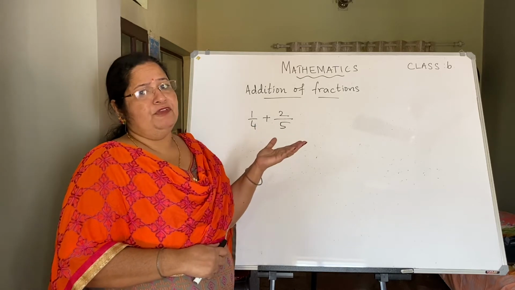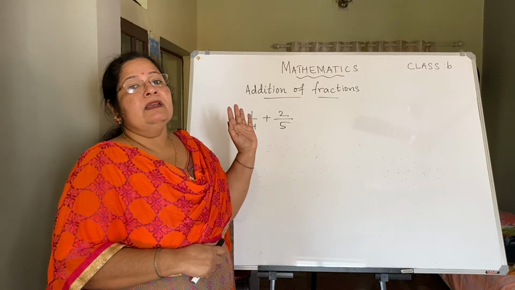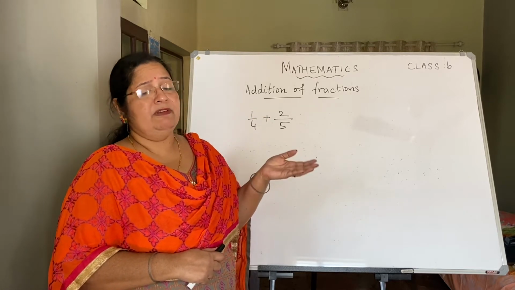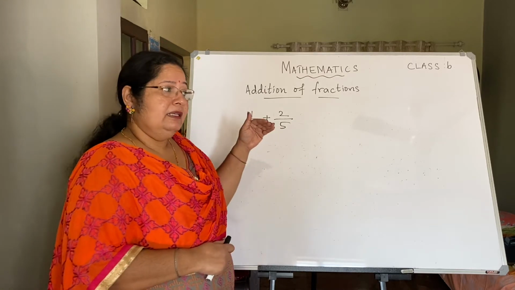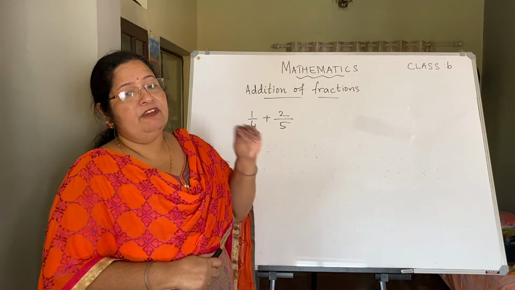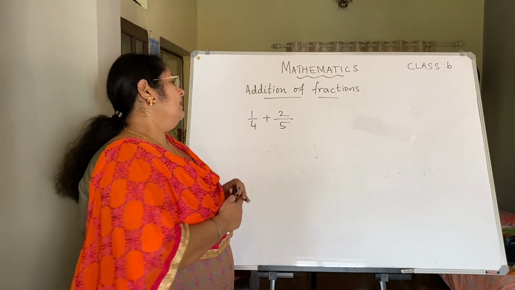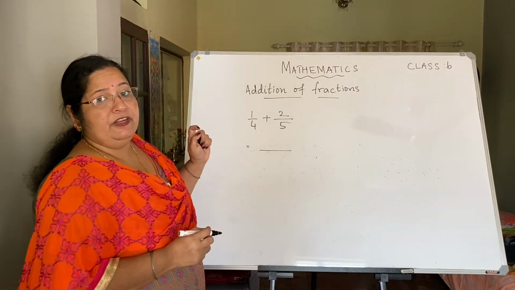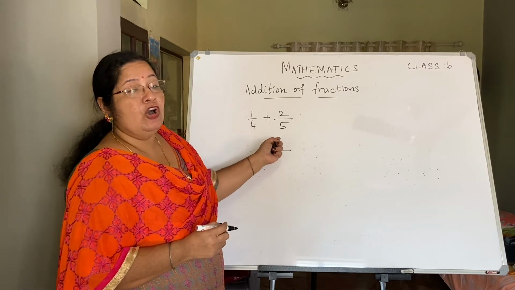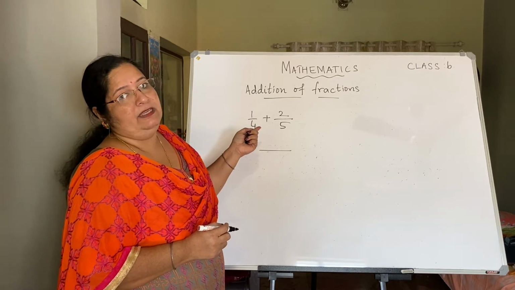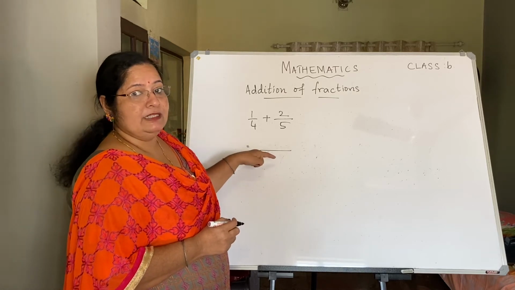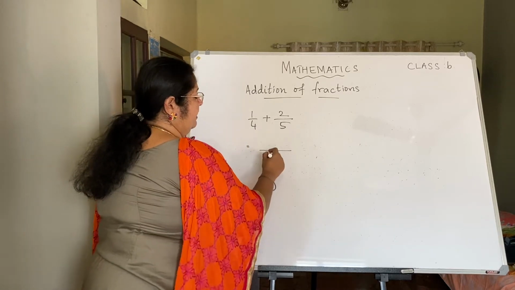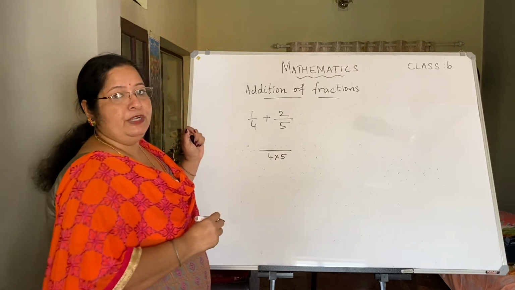Now different methods are there to find the sum of fractions, but we go for the easiest way. There is a method of finding the LCM, and then dividing with the LCM. So many things are being done. But here I am going to teach you a very easy way for finding the sum. The first step is, the denominator will be the product of the denominators. Product means multiply. So the denominator of the resultant fraction will be the product of the denominators. So what are the denominators here? 4 and 5. So product of 4 into 5.